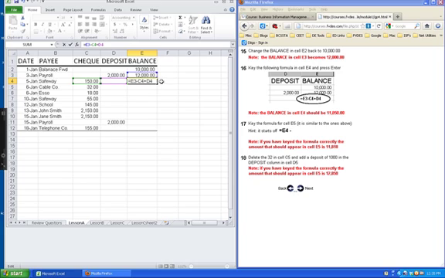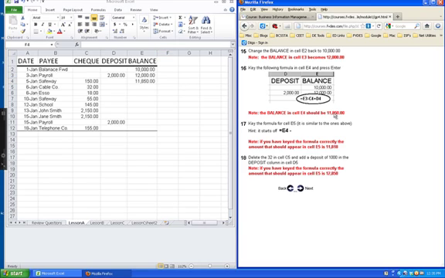Hit tab or enter, and I now have a new amount, 11,850, and I check over here on step 16, and yep, I'm good. That's exactly the amount that I should have. So now I go down to